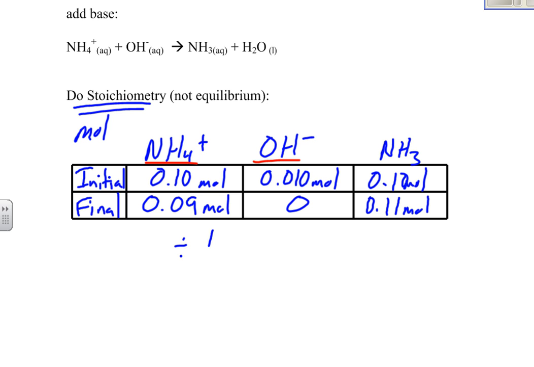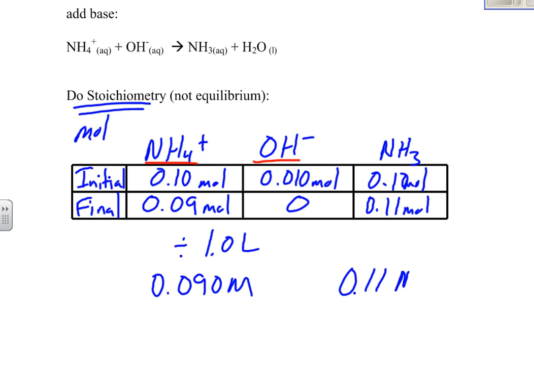We're going to divide each of these by our 1.0 liters of solution. Now, in these problems, and it doesn't happen all the time, but the volume isn't going to change. We're just adding moles of this, so we aren't changing the volume. If we were to add solutions that would contribute to the volume, you'd have to take into account that there would be a new volume. So you have to add that volume of the solution to our existing volume. So what we end up with then is the NH4 will be 0.09 molar, and the NH3 plus